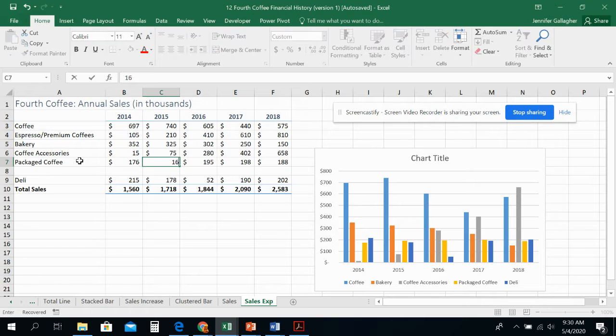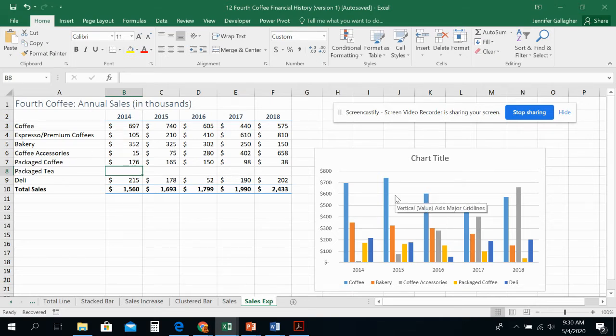And you should see them changing over on the right-hand side in the chart because this was an existing series of data before. And then I'm going to come down here to row 8, and I'm going to give this a new name. Again, you won't see it on the right-hand side yet until we go and fix it through the contextual tab. And then deli should remain the same because we didn't split